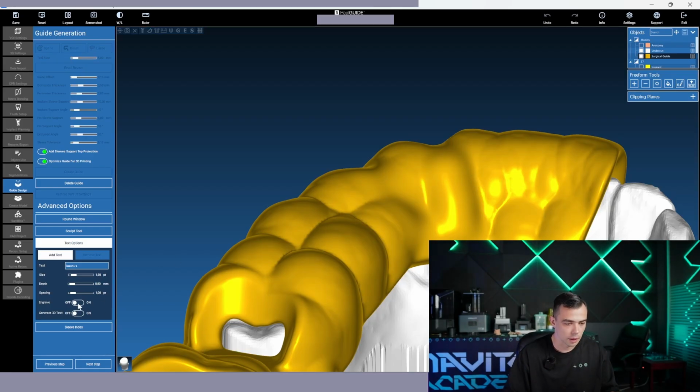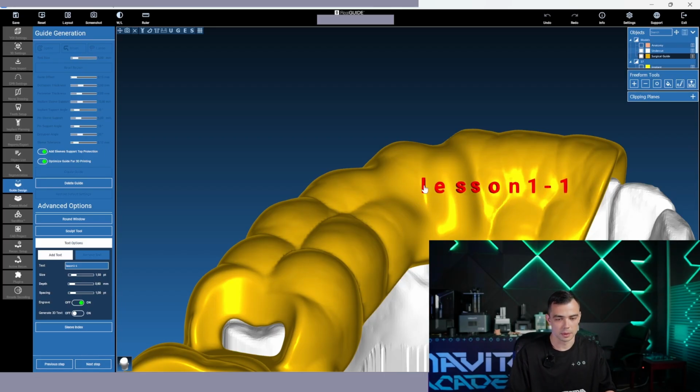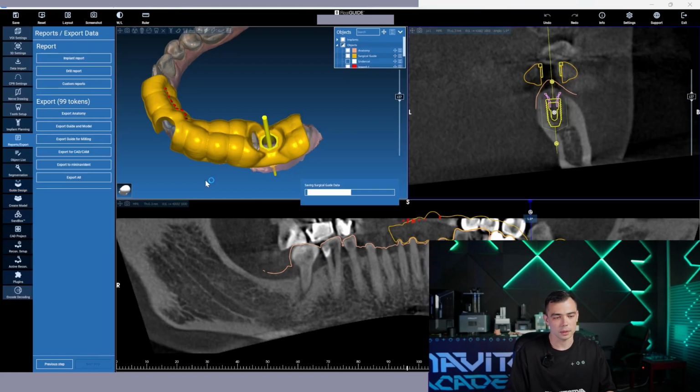And if I press engrave on, and the surname is shown in red color, that means it will be engraved, just inside the guide. So I press lesson 1, we press next step, and now